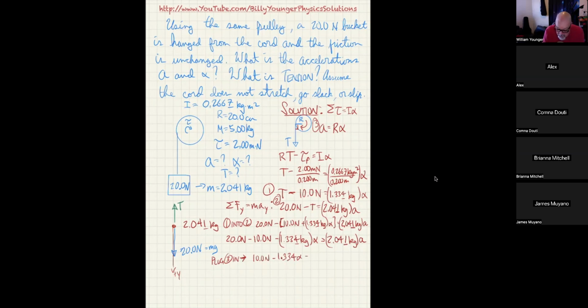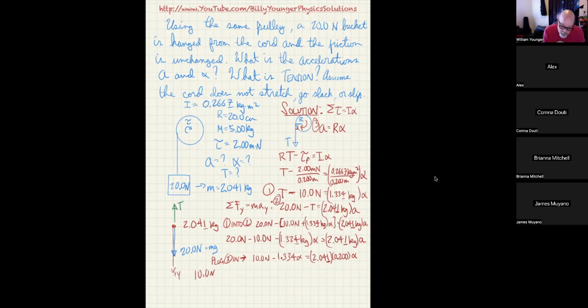So that's going to be 2.041 times R, which is 0.2 times alpha. So now we only have one unknown. This is going to be 10.0 newtons